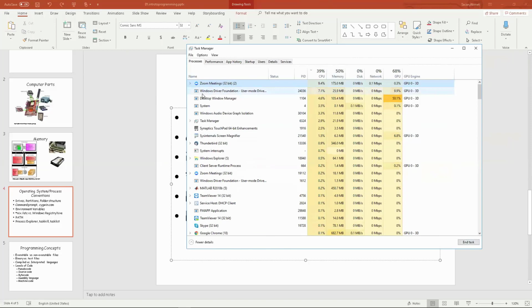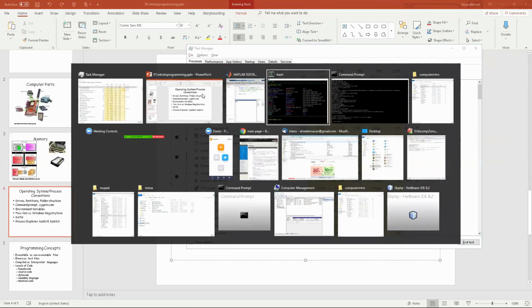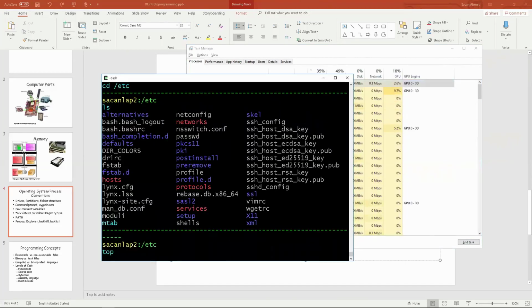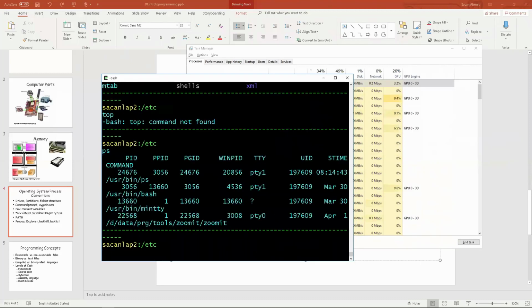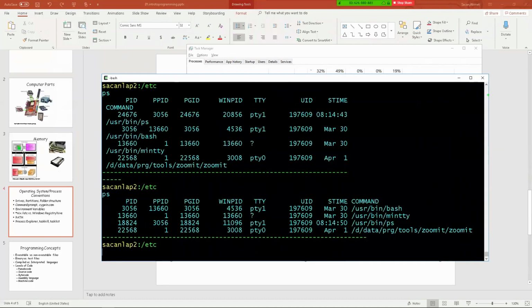On Mac, you don't have this interface. Instead, you have a program called Top. I'm not running on a Mac, so I don't have that program. When you say Top, you will, in this black window, get a list of programs that are running and their CPU usage and their memory usage, using a command prompt called PS, which is going to give you similar information. So that's the command that's currently running, except I don't really get the CPU usage information, but what I